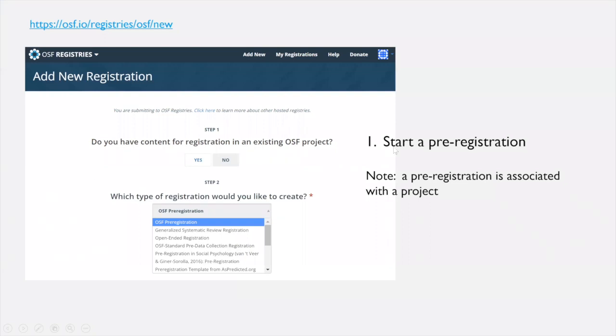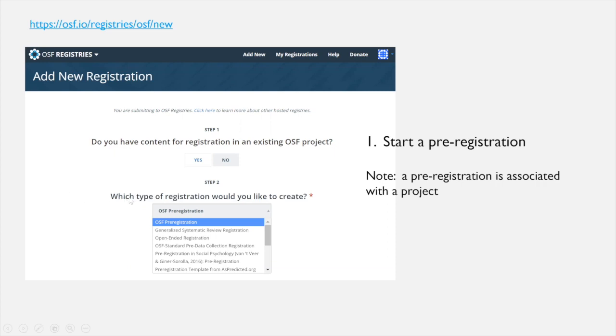We can just go for start pre-registration, and here they ask us if we already have a project in OSF, because every single pre-registration is associated with a project, but you can start with the pre-registration and then insert the information about the project, or you can do it the other way.